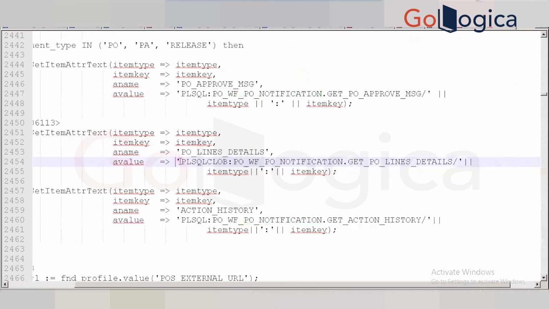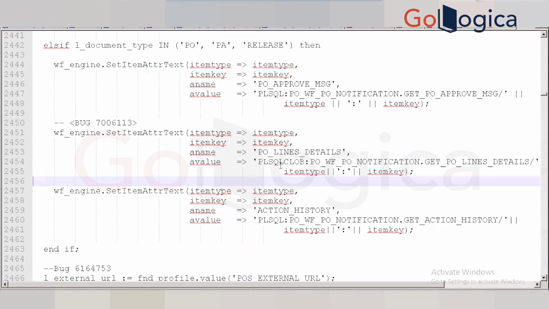This key value is basically coming from some glob type, some attachment is coming, right? It's nothing but one sort of attachment is coming from POWF PO notification, get PO line